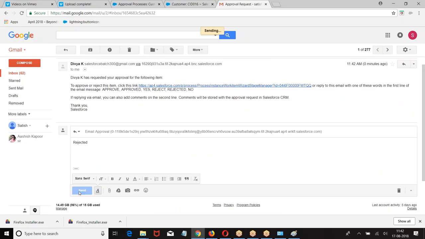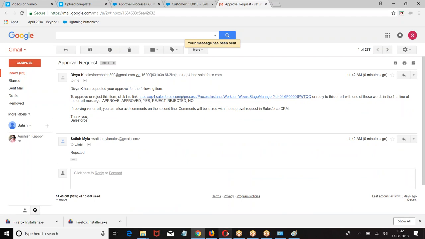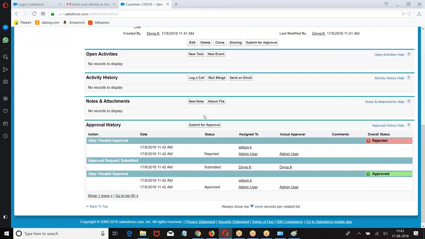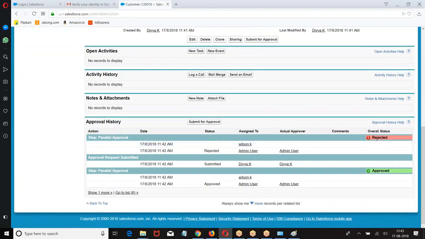You got an email, I replied to the email. Rejected. So whoever is giving the first reply, that will be the final decision. Previously I gave approved, so the record was approved. Now I gave rejected, so the record was rejected. What was this? First response. Through email also I can approve it.